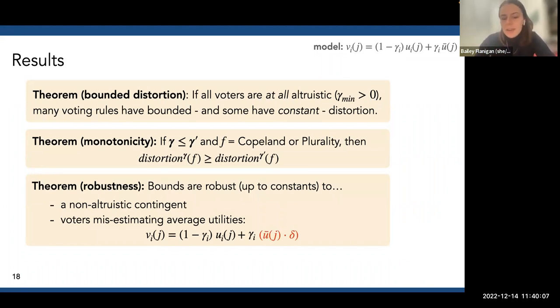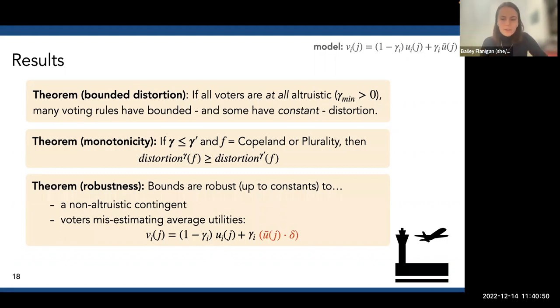So if we allow voters to have errors of delta, where we're thinking of delta as greater than or equal to 1, we can express any pattern of errors that way by just rescaling the utilities. Basically, we can spread these errors as adversarially as we want over voters' estimates of the average utilities of alternatives. So you can say, okay, population A is really biased against population B. They're consistently underestimating the average utility of the alternative that they really want. However adversarially you want, we're going to lose a factor of plus delta in our distortion upper bounds. And I have a proof of this on an extra slide if you're interested in seeing it. It's actually quite cute.